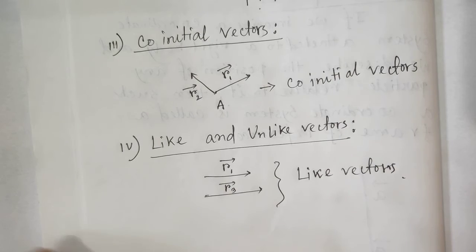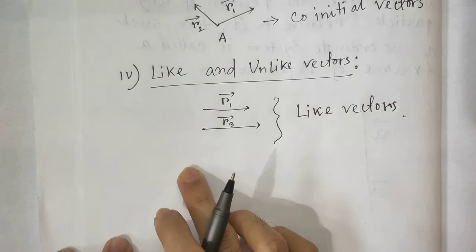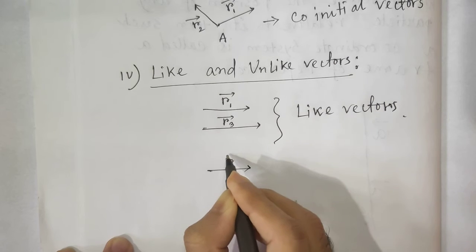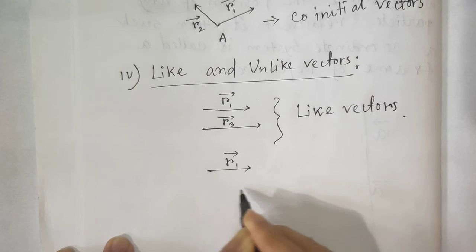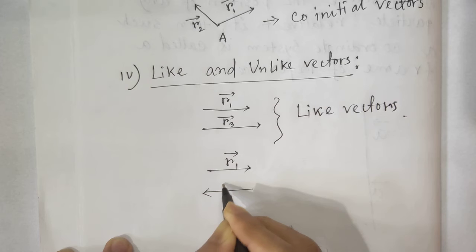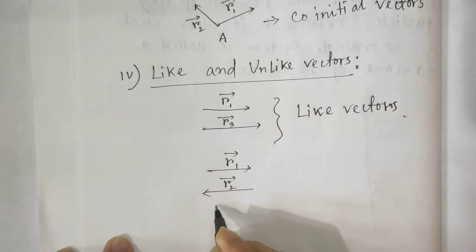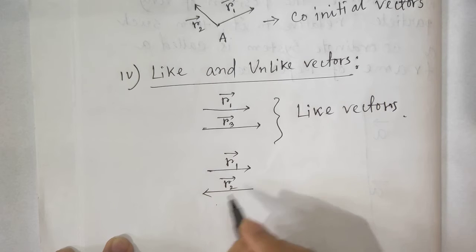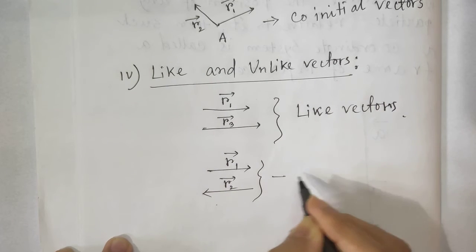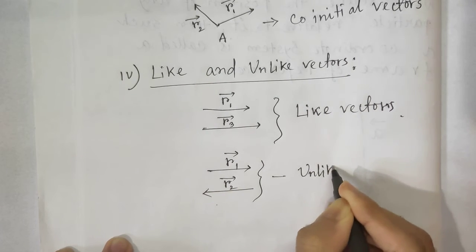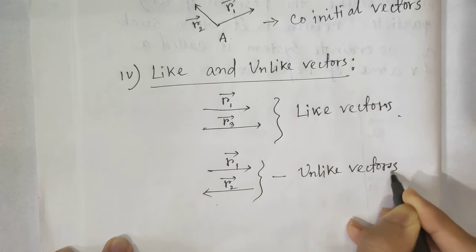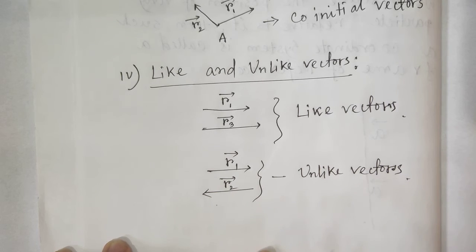Okay. Now if the thing is completely opposite, like if this is r1 vector and another vector which is r2, and the direction of r1 and r2 are opposite, then these two vectors are called unlike vectors. Now,